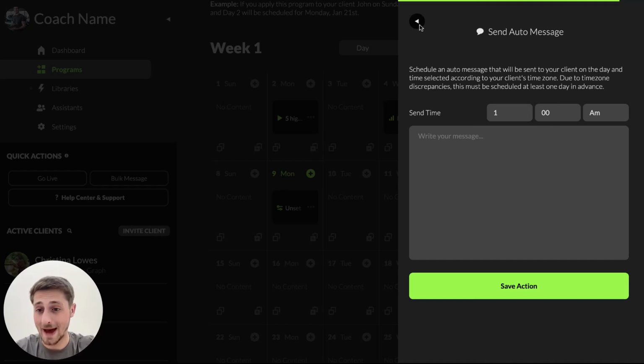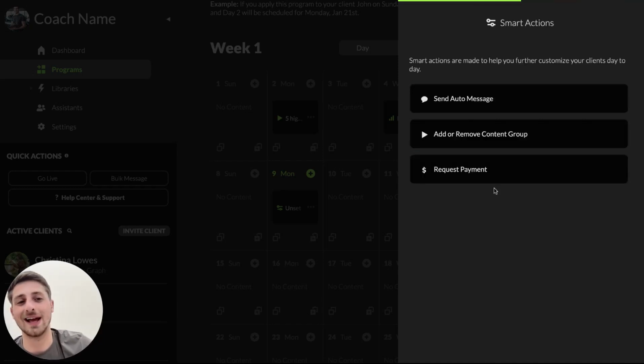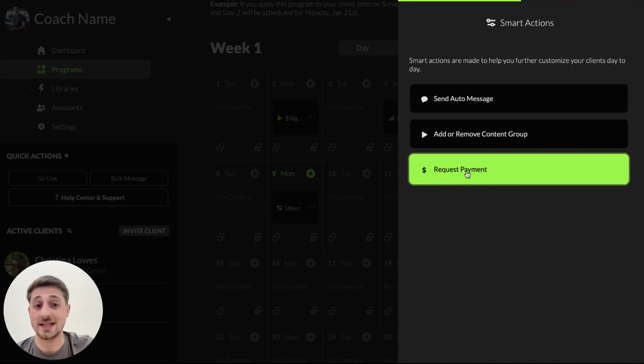They not only happen automatically, but you increase the chances that clients actually interact with it. Same with requesting payments, right? So instead of sending out manual invoices and chasing people around to complete payment, checking your different systems on what payment has been completed and which one has not, you can simply request payments and manage payments directly on the platform, even having people subscribe as soon as they come into the system.